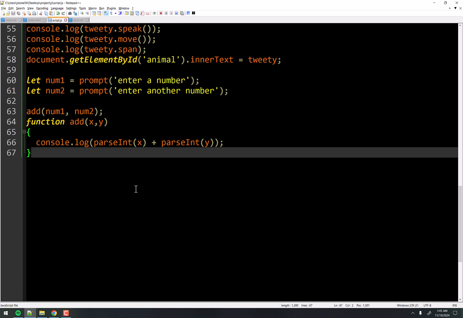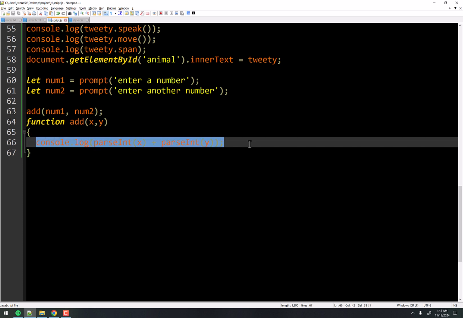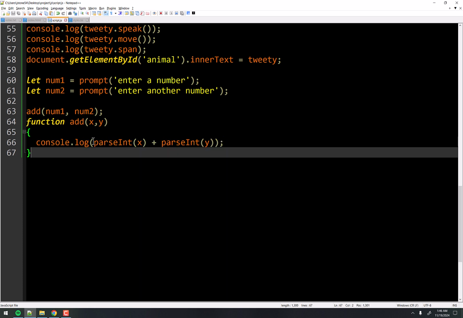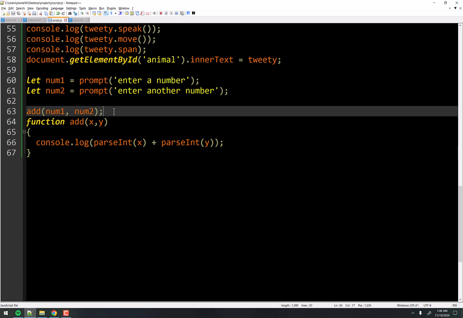Think of a remote control on your TV. You push a button on the remote and something happens on your TV. You don't have to understand how it happens, what goes on in the actual computer of the remote, and what beam of light gets sent to your TV or whatever. You don't have to understand any of that. That idea is abstraction. It's hiding the complexities from you. And so here we have a simple function that has this complexity of converting a string into a number and then printing it out or returning it or whatever. Well, all you have to know as a programmer is just line 63.